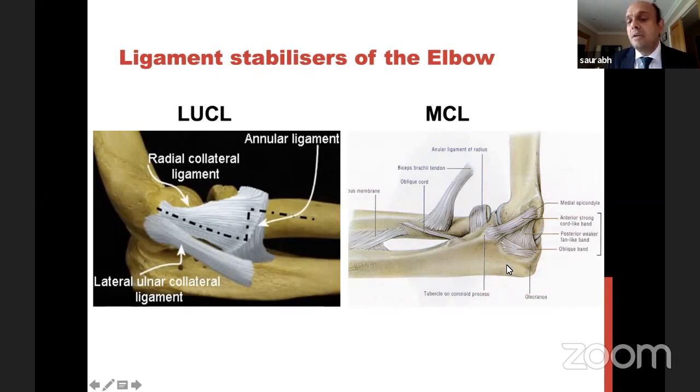Then the medial collateral ligament, again has three parts, an oblique part, a posterior part, but the most important is the anterior limb of the MCL. Again, it comes from just below the medial epicondyle. The insertion is onto a little knobbly bit of bone known as the sublime tubercle on the anteromedial facet. In an MCL case, more often than not, it will come off the sublime tubercle, whereas in an LCL case, it comes off the humerus from the epicondyle. So remember that difference.